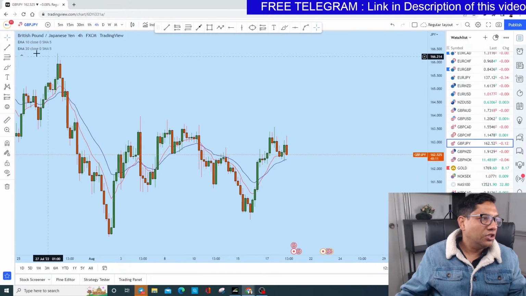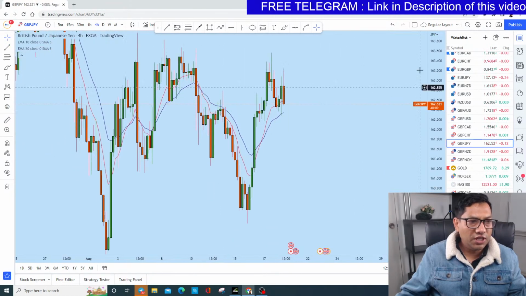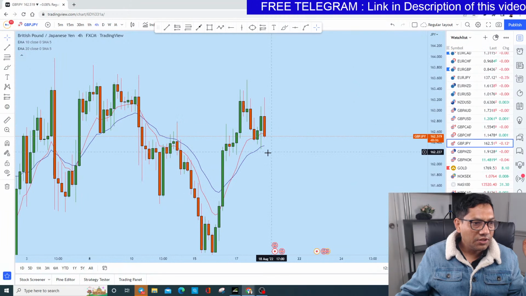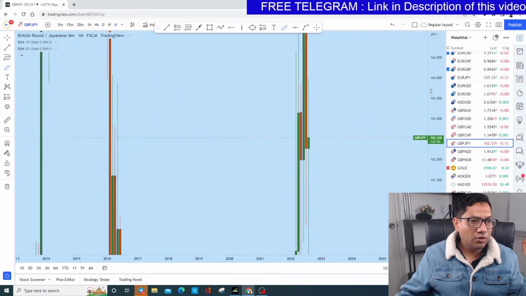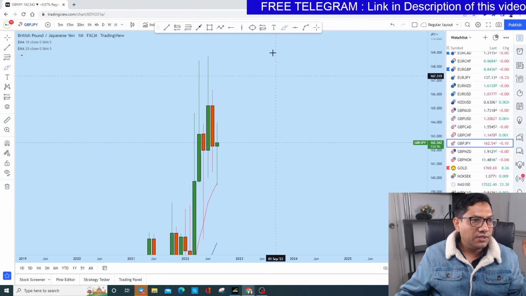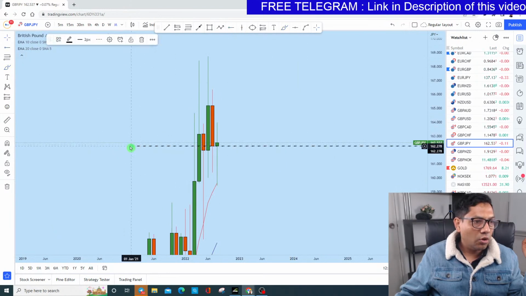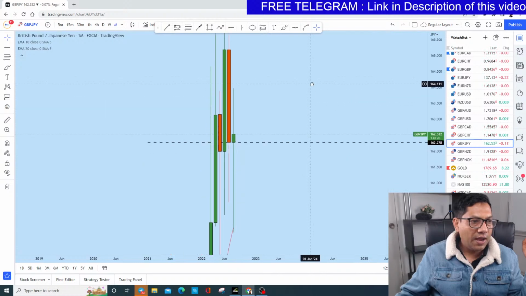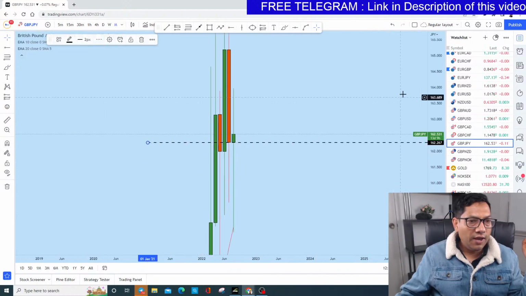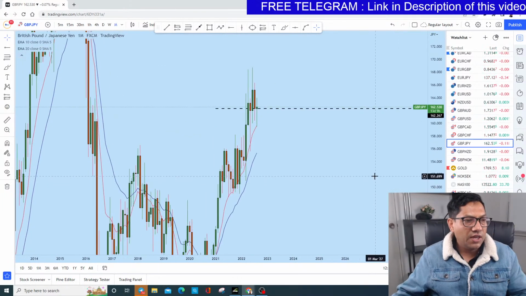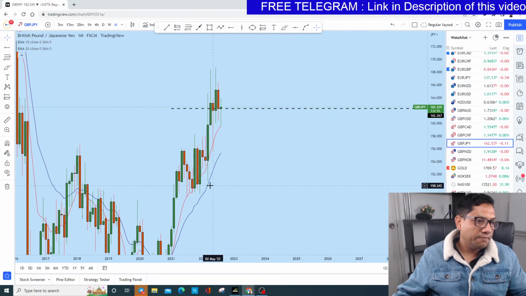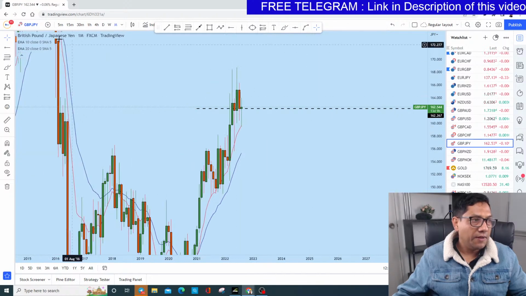First of all, GJ. Now on GJ, I think that GJ might respect this 20 period moving average. Let's see what happens, because what I'm thinking is that on the monthly perspective of GJ, there is a monthly support here. This is the monthly opening and close, and the price is approaching this zone. Long term, GJ is bullish. This is basically a very long term bullish market. You see there's a big bull move followed by this retracement.